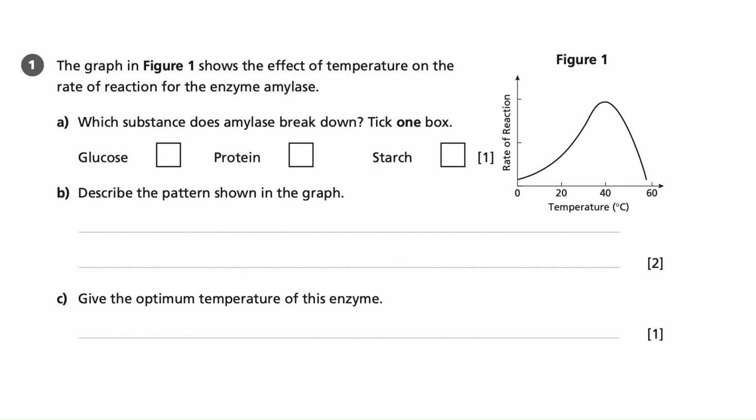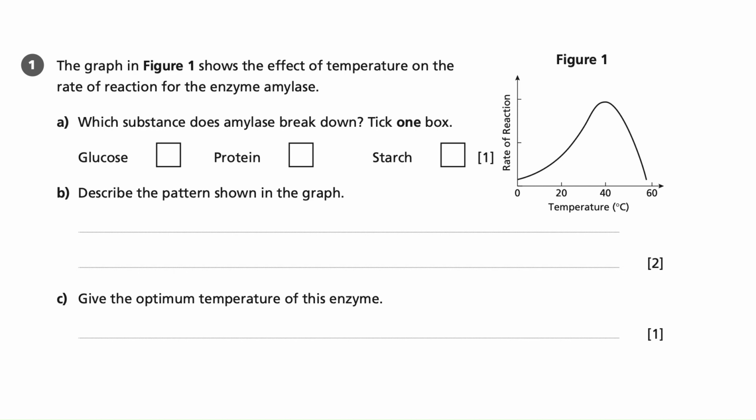Question 1. The graph in figure 1 shows the effect of temperature on the rate of reaction for the enzyme amylase. We can see figure 1 on the right there showing the graph. I always think it's useful to study the graph before we even look at the question parts, see what it's telling us. We can see we've got the temperature on the horizontal axis and the rate of reaction on the